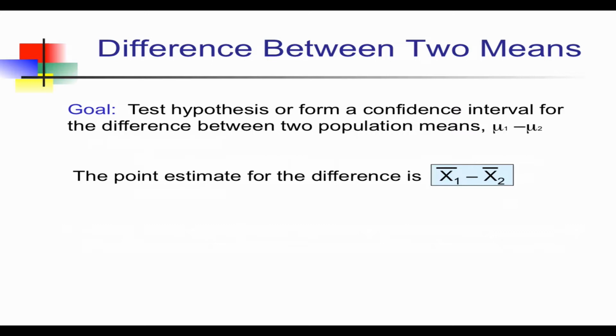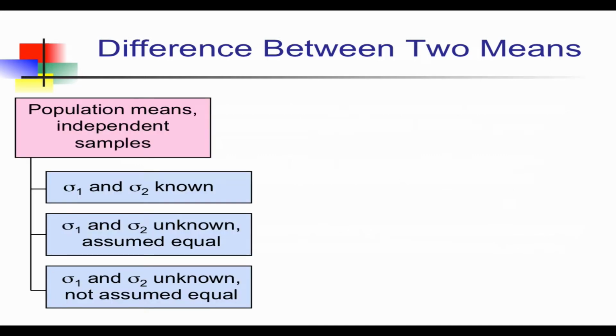So here, if we want to estimate the difference between the two population means, a very intuitive point estimate for that population parameter is the difference in terms of their sample means. This is fairly easy to understand because the point estimate for each population mean is the corresponding sample mean. So the difference between the two population means would be the difference of the sample means. And for this one, for the difference between the two population means,